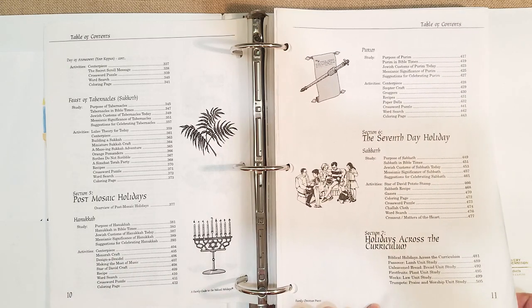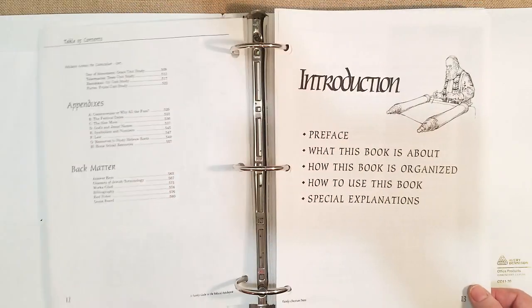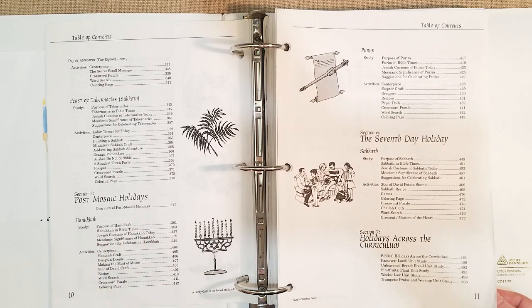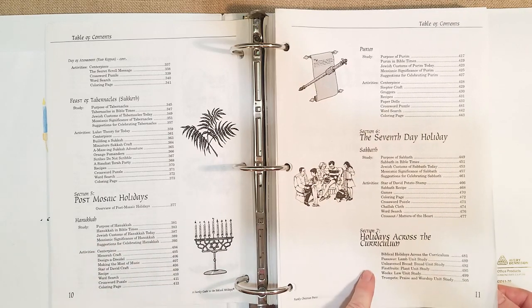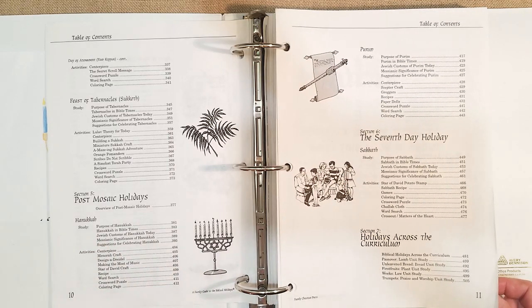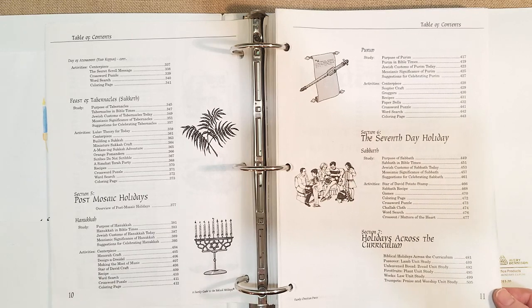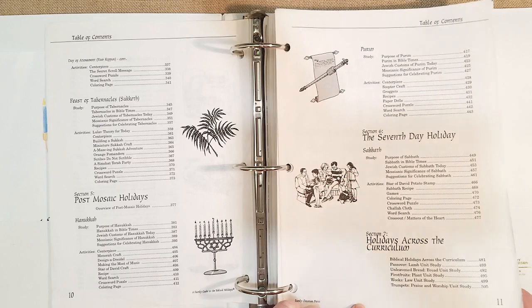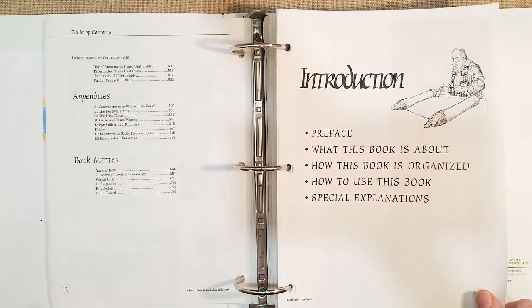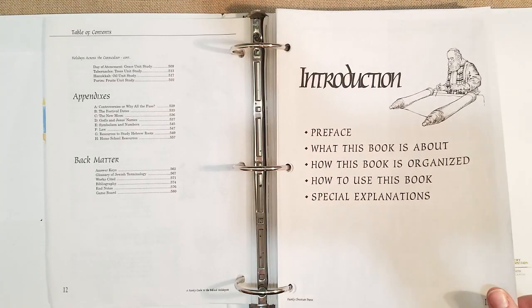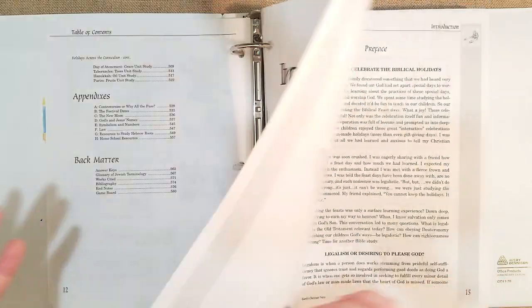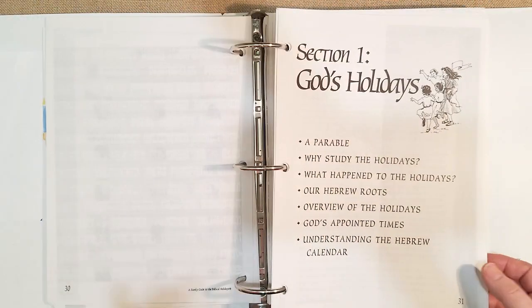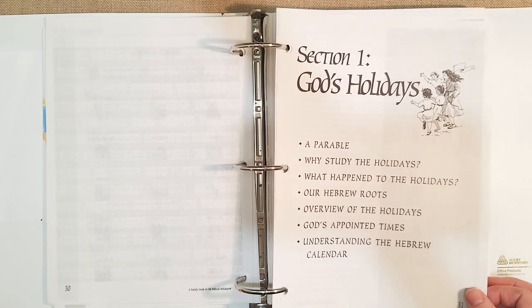Section 7, they talk about the holidays across the curriculum, and they do a lot of unit studies, which is very important for you homeschoolers out there. They do a Passover unit study, talking about the lamb. They do an unleavened bread unit study, first fruits unit study, law unit study, trumpets, praise and worship unit study, the Day of Atonement, Tabernacles, Hanukkah, and Purim. So the introduction, like I said, talks all about how to use the book. And if I had tabs in here, it would be a little bit better, but my mom didn't do tabs.